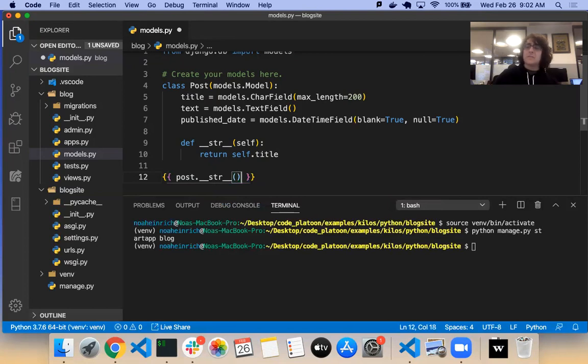But we normally use this str method mainly for the console when we want to get a query set and see what's inside of it. We don't want to see post object 1, post object 2. That's not very helpful. So we're overriding that method that says post object 1 with something that gives us the title, which is more descriptive for our human eyes.